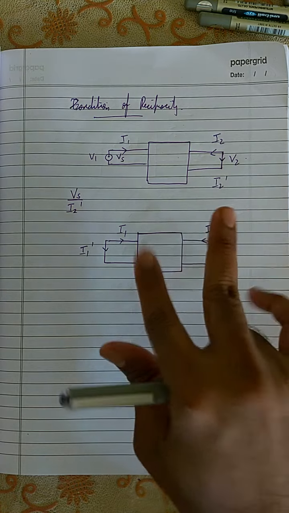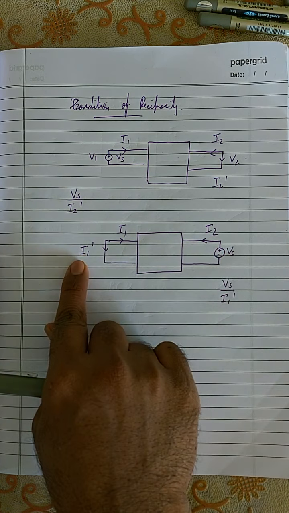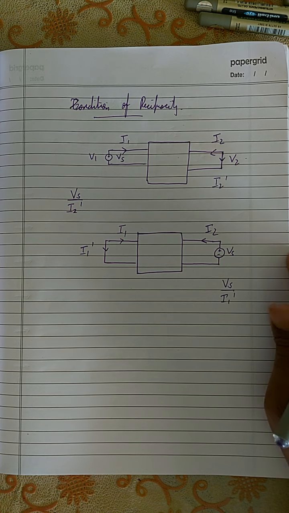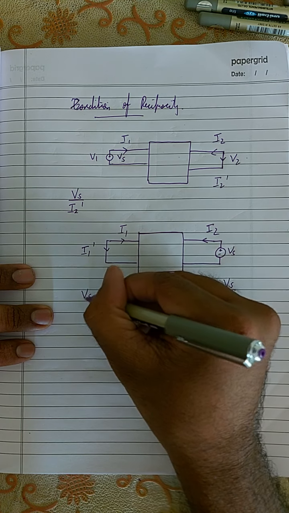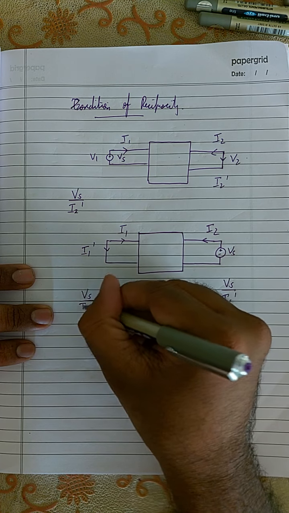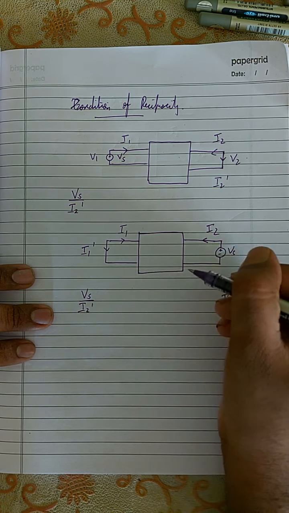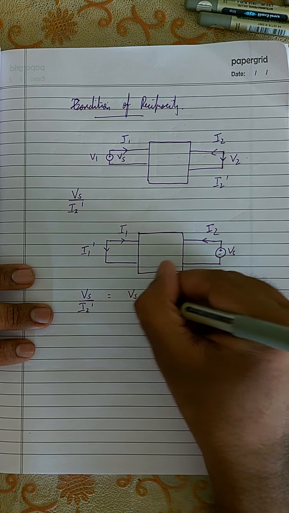Okay, I'm going to rearrange them, so therefore I'm going to reverse them. So this will be the excitation, this will be the response, then again I will take the ratio of the excitation to the response. And if the ratio of the excitation of one port to the response of one port is the same